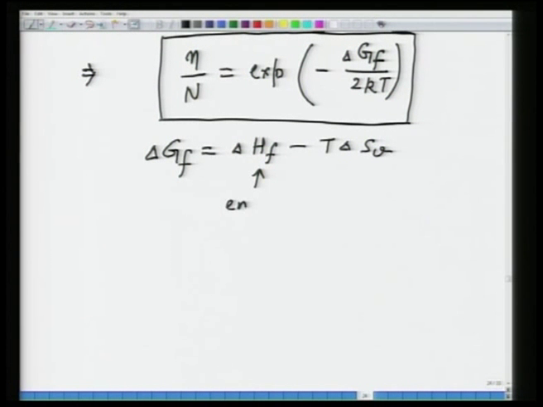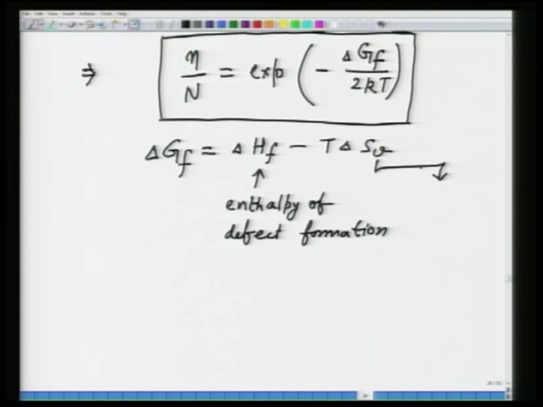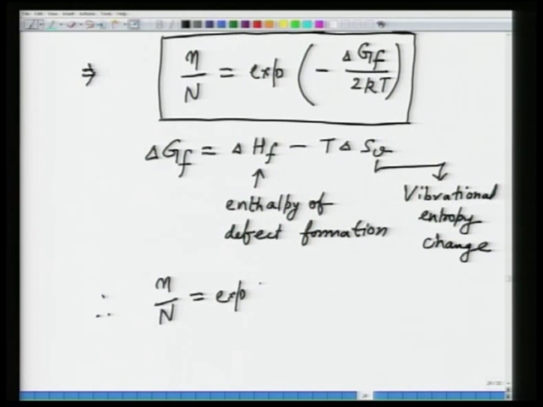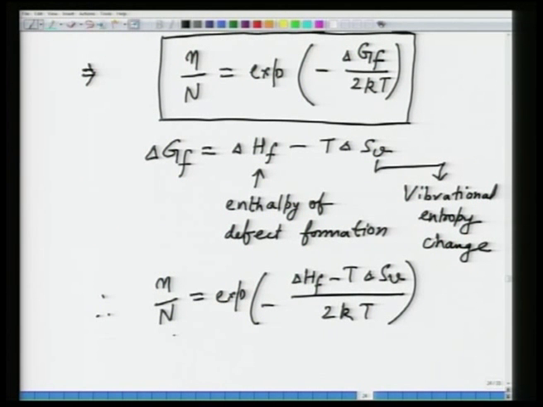So, this delta Hf is nothing but your enthalpy of defect formation, and delta Sv is nothing but, earlier we took the configurational entropy change, this would be your vibrational entropy change. Okay. So, if you plug this in the above equation, small n by capital N will simplify to exponential of minus delta Hf minus T delta Sv divided by 2kT, and this can further be